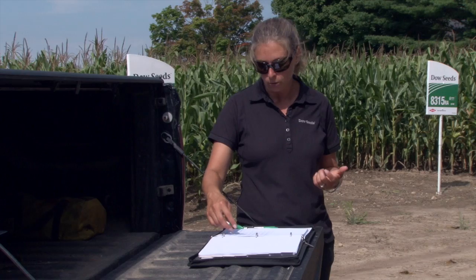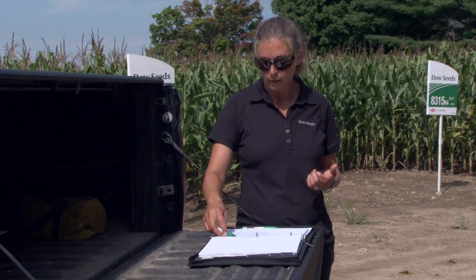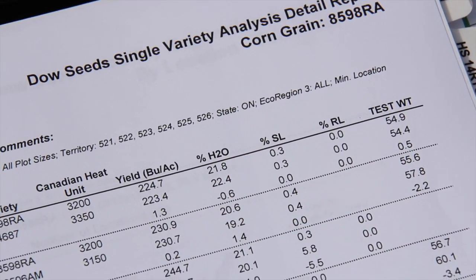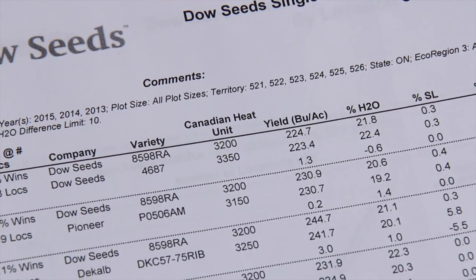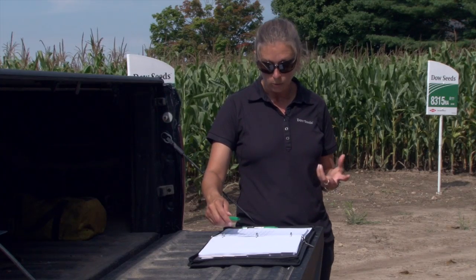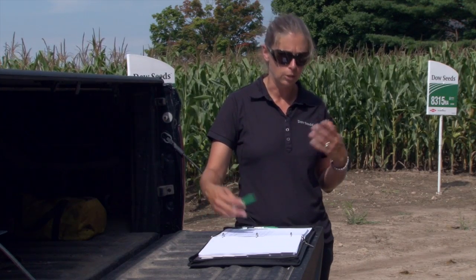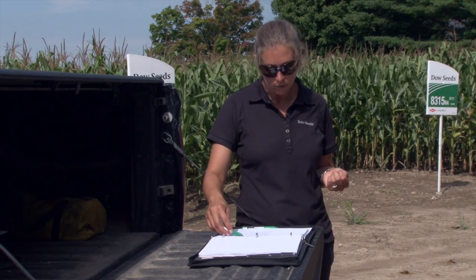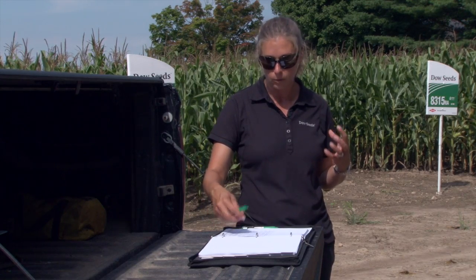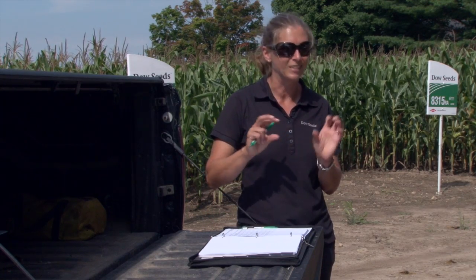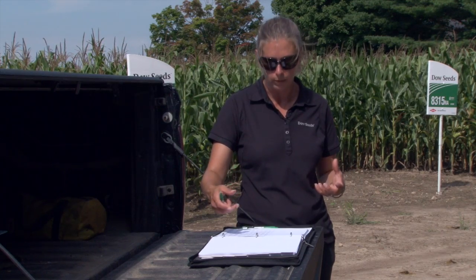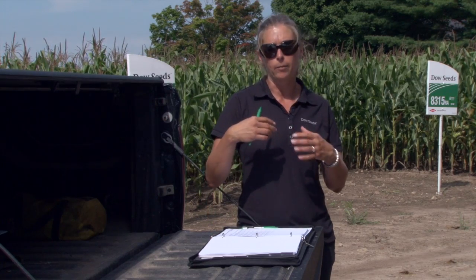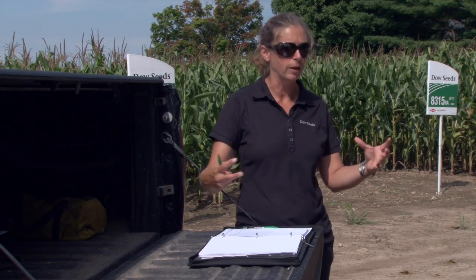The other important thing, when you're looking down on the far side, is the number of locations. In the case with our Dow Seeds hybrids, we have more locations, 18. Some of the competitors get down lower, but 16 is kind of the magic number. That's what you would want. That takes several years to generate that data, and sometimes the competitor hybrids change between then. So 7 is a respectable number. When you're getting down into 3, 2 locations, you're just looking at a broad trend. You can't pinpoint and say, well, it's always going to be 5 bushels higher at that small location. But you're basically looking at a hybrid that's going to do well against various competitors and be in the ballpark